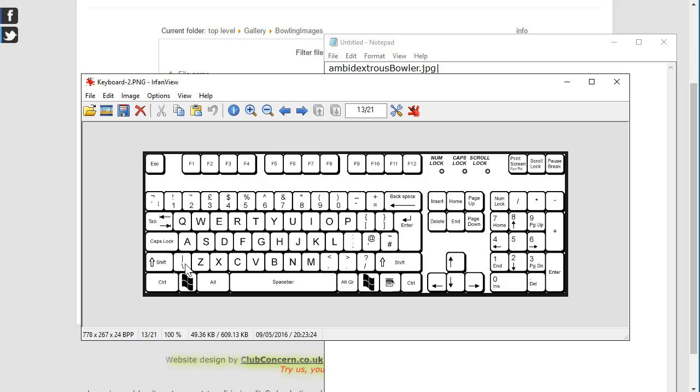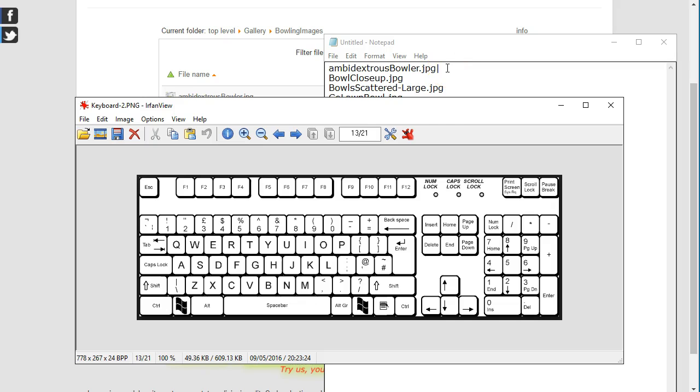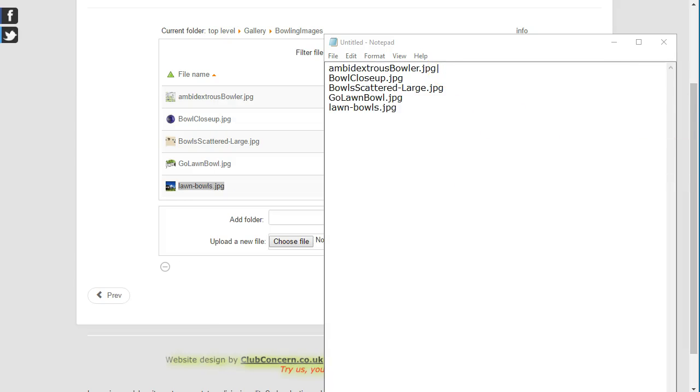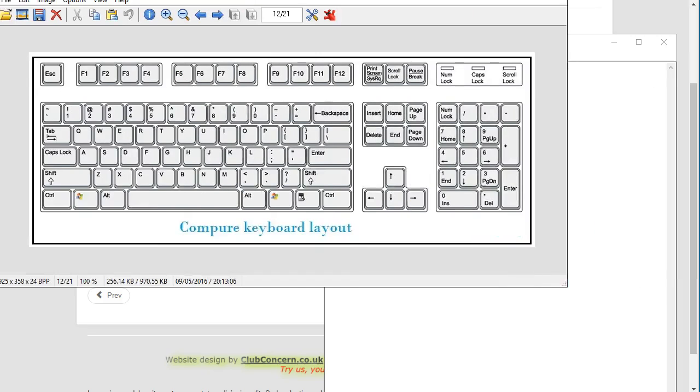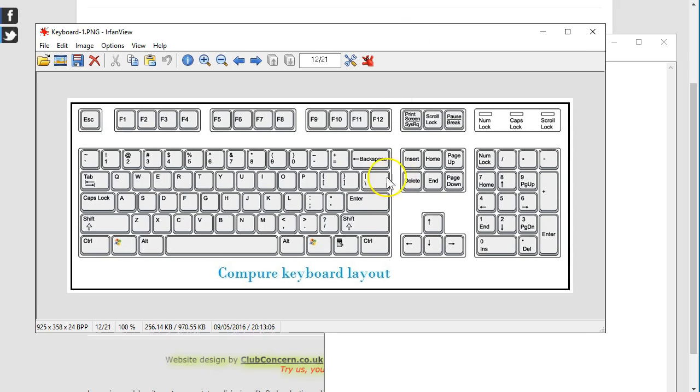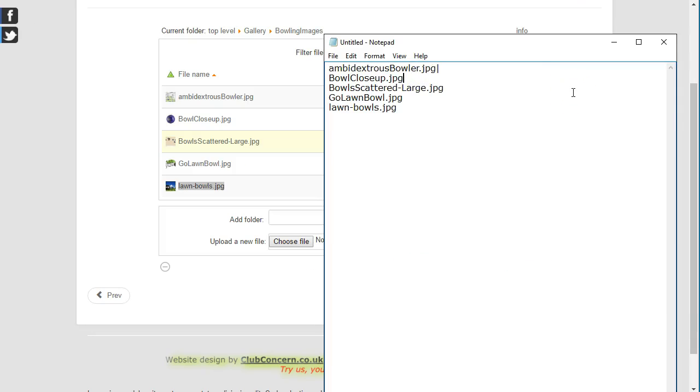So to produce that in the text document, you hold the Shift key in, then press that key, and it will produce the pipe character. If your keyboard is different, just find the character on your keyboard, wherever it may be. There is a layout of another keyboard, and in this keyboard you can see that the character appears there, and that there is the pipe character. And some other keyboards may even be different to that. So what I'm going to do is I'm just going to type it in